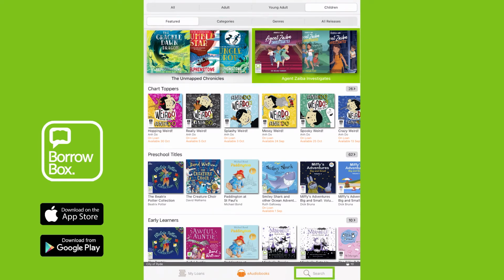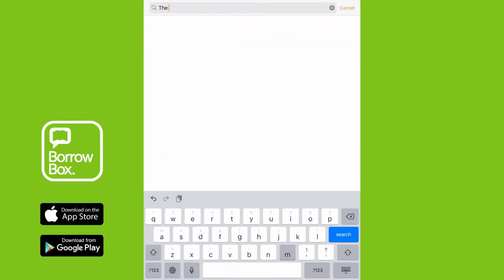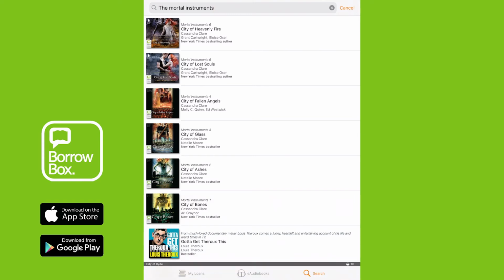Let's try searching for something. In the search bar, type a title or author of interest. I would like to see if we have any books in the Mortal Instruments series by Cassandra Clare. Oh, I can see we have the whole series, and I would like to look at the first book called